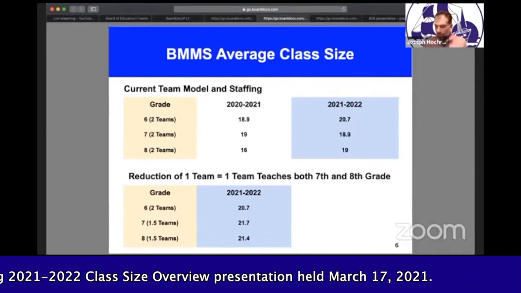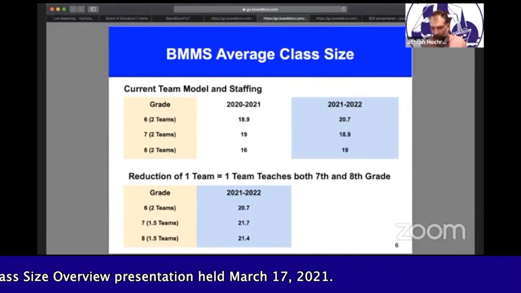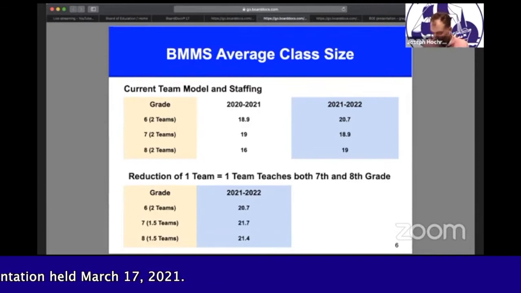Because we were looking at class sizes, and as we're contemplating what potential budget reductions are out there that we need to explore, we worked with the principal, Mr. Owens, and said, what could happen in terms of the low enrollment? Would we be able to merge teams? Would we reduce a team? And so he and his counselors, and then ultimately Margaret and I, got involved.